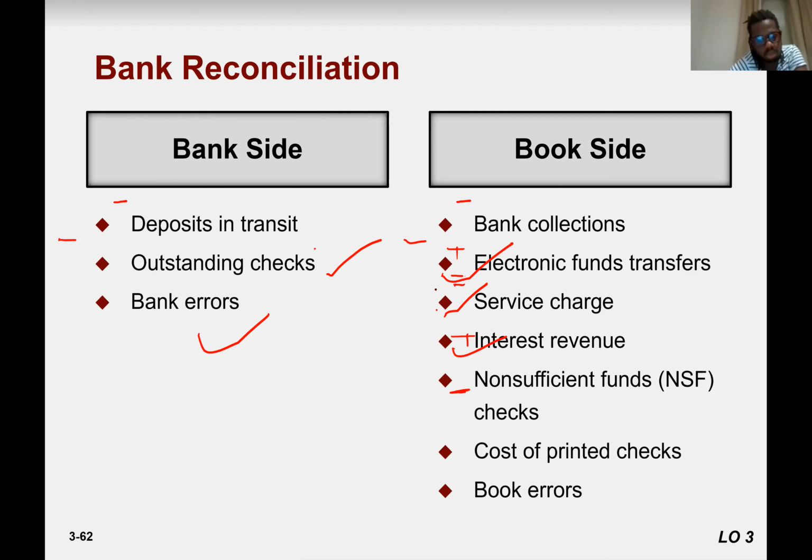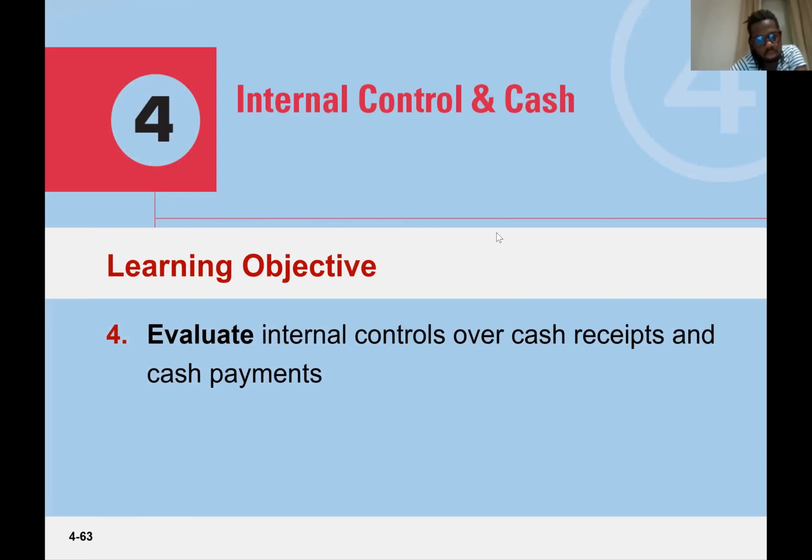Plus minus, because if it is an electronic funds payment, then less; electronic funds receipts, then addition. Cost of printing checks, negative, and book errors can be added or can be negative. Right? Okay, now let's move to our next learning objective, internal control over cash receipts and cash